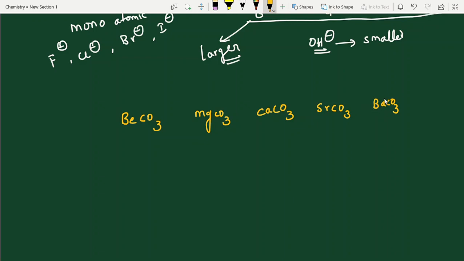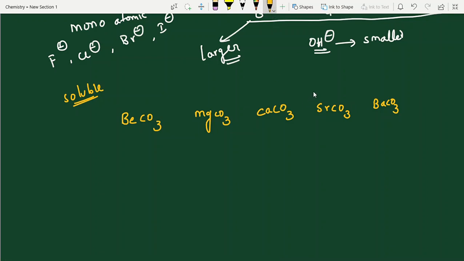Carbonate salts are amorphous in nature. Amorphous in nature means definitely carbonate. It is definitely soluble in dilute acids. But it is also soluble to some extent in water. But among them, which is more soluble? Check it, students. First, you have to find out the cation and anion charges. After that, you can find out the difference.